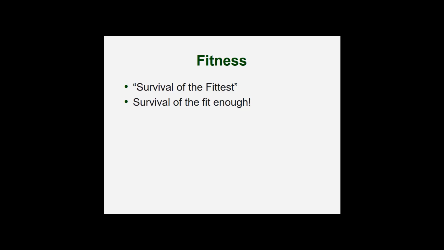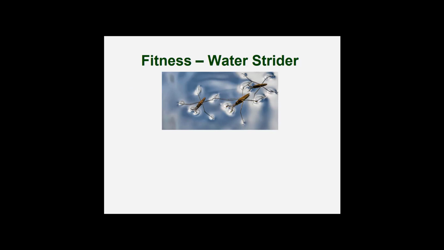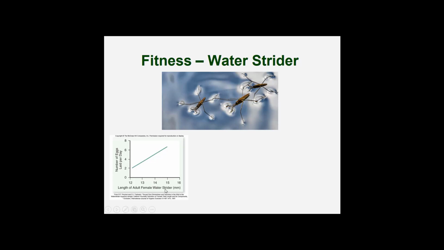And certainly we know that evolution does not select for what's best in a given environment. It really selects for what works in a given environment. And we'll see that as we talk about some of the evidences for evolution. So your book has a great example of fitness looking at the water strider. Maybe you've seen these on a pond or stream. And a research project was taking a look at the number of eggs laid per day in terms of fitness by female water striders. And they found that the larger female striders lay more eggs per day,